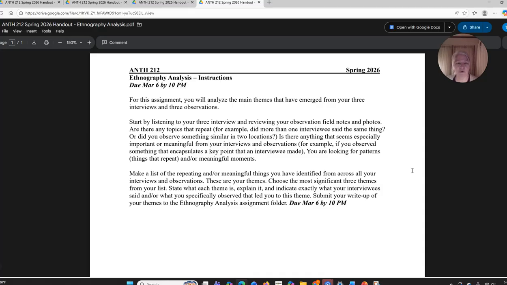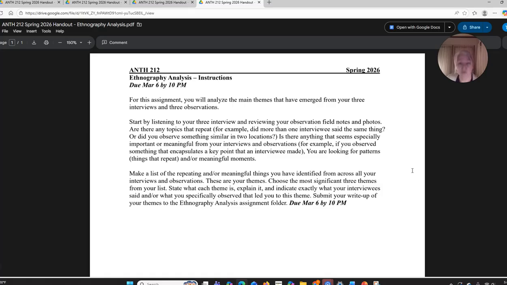If you see those moments that are a little more dramatic, where something seems important to the person, significant to that cultural world, those would also be things to note, right? So you're looking for, as I say here, both patterns, things that repeat, and things that feel especially meaningful. And I do need you to use your interpretation there, right? It's not cut and dried how we find these things. You're going to have to partly use your own interpretive abilities.